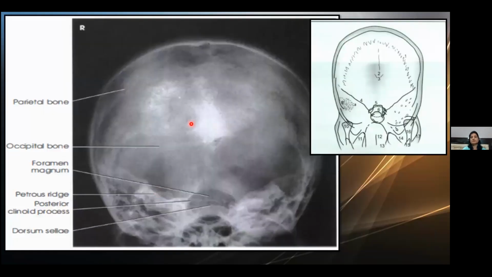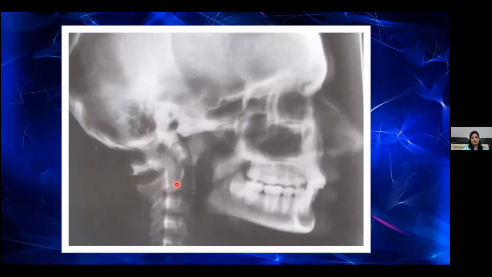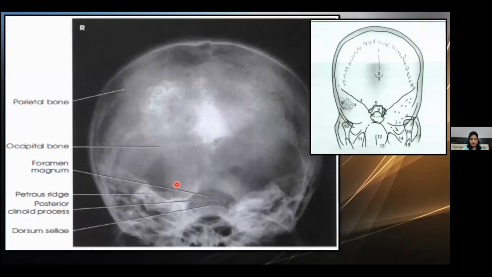It is basically occipital region. So this area, if I want to see the occipital areas, the parietal bone, this is the occipital bone, petrous ridge, right? And you can also see it is not covering the posterior. Sometimes you can see, if I place the film slightly upwards, downwards, I can also see the condylar area. So in this illustration, I can see the condyles, right? So that's why I told you that in Townes view, you can also see condyles, but main indication is occipital area, right? So this is Townes view, okay?